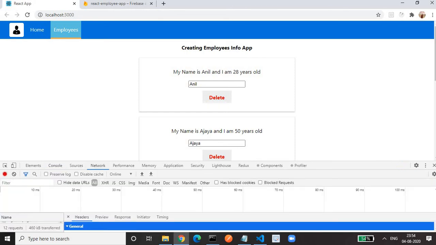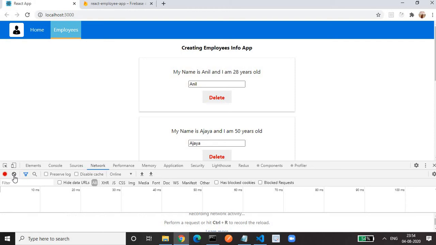This is how we have seen the get method. We'll see the update method, the put method. Okay. So whenever I type anything, my name will get updated. And just keep an eye on the network tab. There is no API call yet. I removed all the API calls so that we'll get a fresh view.